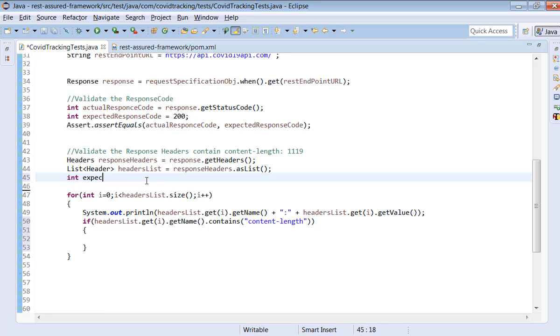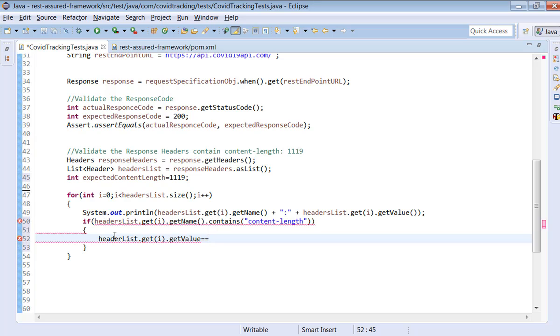And what is your expected content length? It is 1119. Now headers list dot get i dot get value dot equal to expected.